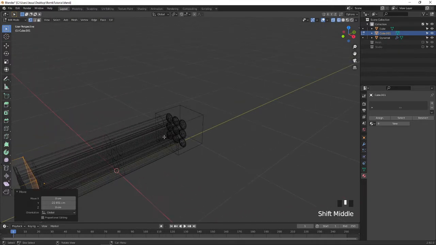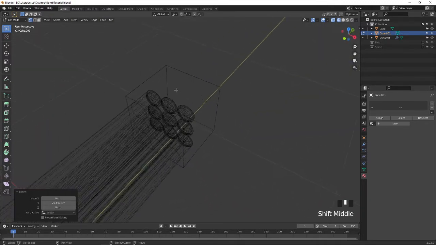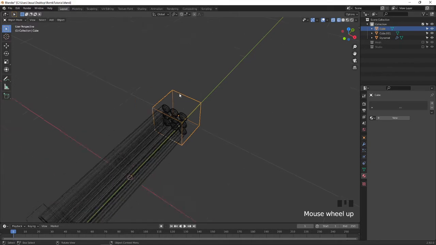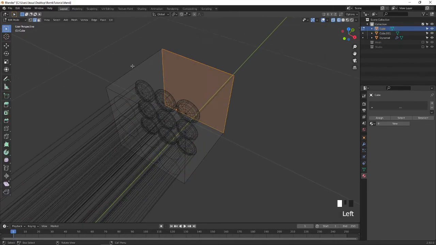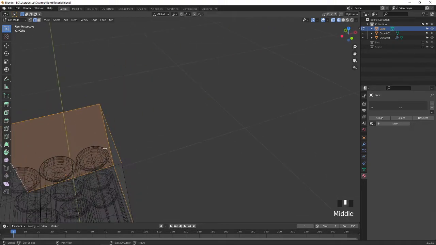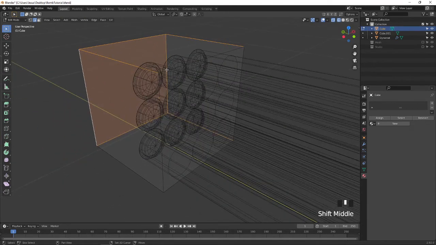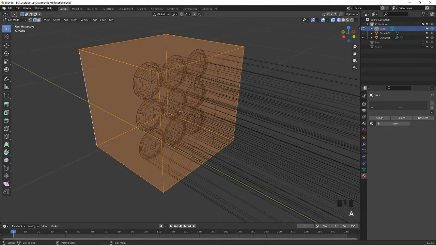So the box type I have created, I'm going to give the smooth option. Press 2 on the keyboard for the edge selection. Select this box, go to the edit mode, select all these 4 edges. You can press A to select everything.